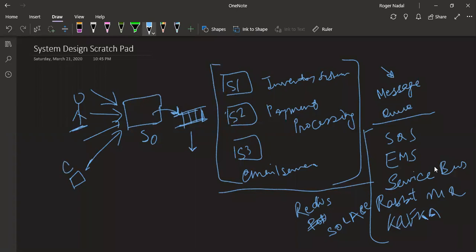I have a question. What if the queue grows too fast, or the queue grows and exceeds the size limit? So what will you do? If the queue is growing, that means the consumers are not catching up, right? Or maybe your queue is poisoned, right? You have a message which you are again putting back. So if there are too many messages and you are not able to consume them, then you will have to scale the processors, right? Queue processors.